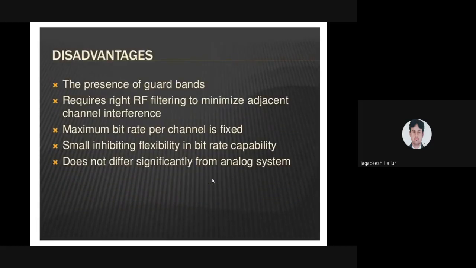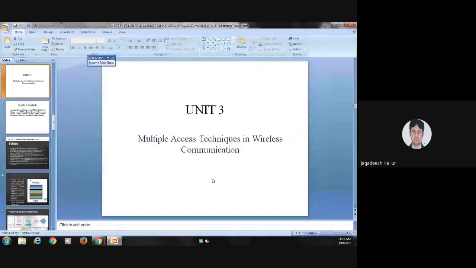Disadvantages: the presence of guard bands. The main disadvantage is the presence of guard bands between the two frequency bands. And one more disadvantage: we require high performance RF filters, that is radio frequency filters, to minimize adjacent channel interference. So this is what first